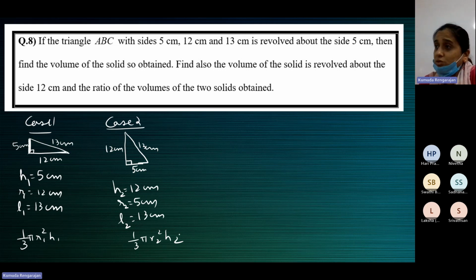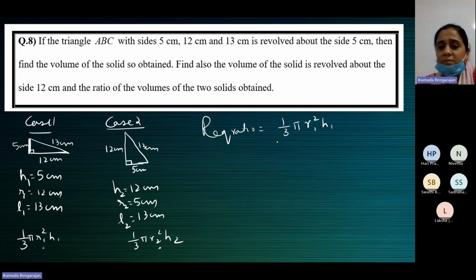Then you have to find the ratio. To find the ratio, children, don't divide this answer by this answer. Don't do that. That will take some time to find. Whenever you have to find the ratio, do it directly. Required ratio is equal to 1 by 3 pi